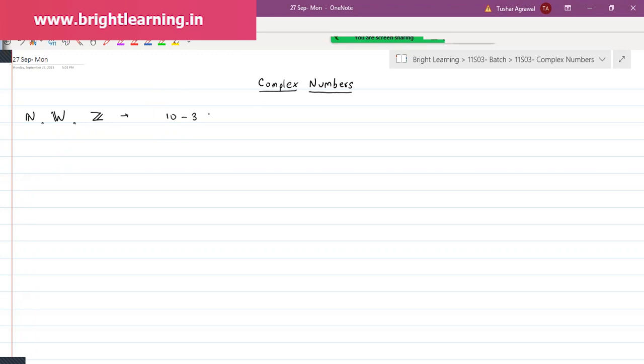So this answer you can find out. Yes, 10 minus 3 is equal to 7. But if I tell you, what will be left from 5 apples if I took away 12 apples? Then this question was not solvable. Or you can say x plus 5 is equal to 3 has no solution in the set